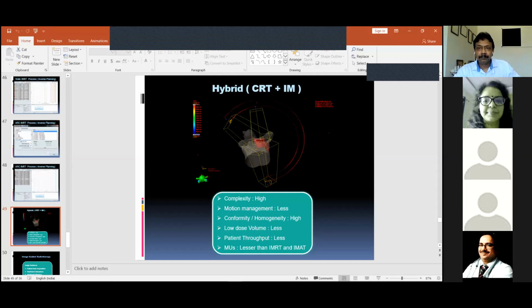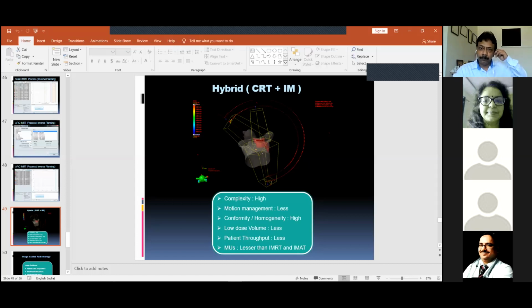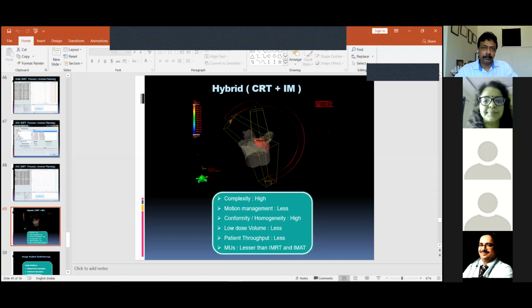Sir, I want to ask, you did not mention USG-based gating, that is the Clarity System by Elekta, for real-time tracking. It is very useful, and it does not use non-ionizing radiation. But I do not know how many people are using these techniques, because this is very useful, and it is very much user dependent. If the user is very efficient, then it will give very good results, and there is no ionizing radiation involved in this tracking or image guidance technique.